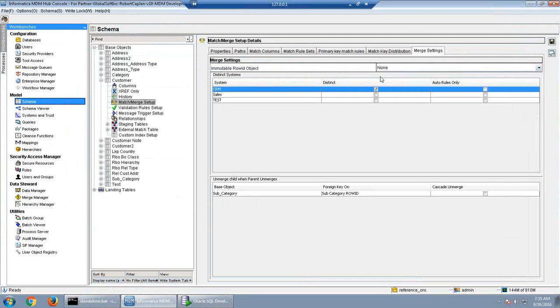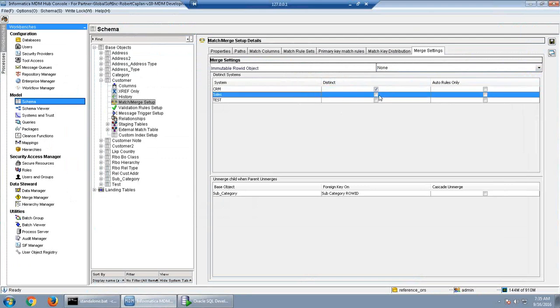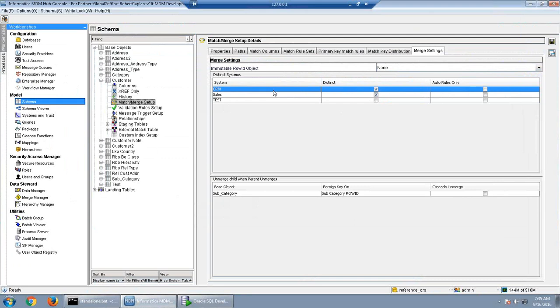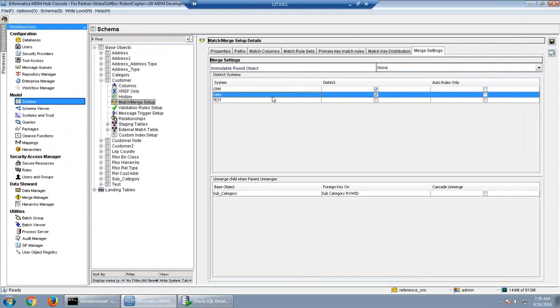So for example, now I am just removing immutable, and here I am saying that CRM system and the sales system are distinct systems. So this is again a rare scenario where CRM system says that all my records are distinct records, I don't have any duplicate record. Sales system also says that I don't have any duplicate record. So that is fine. If they say that, we can also check from our side whether there are duplicates or not. If we find something, we can tell them that no, there are duplicates. But if we are not able to find and they say that they want distinct to be there,